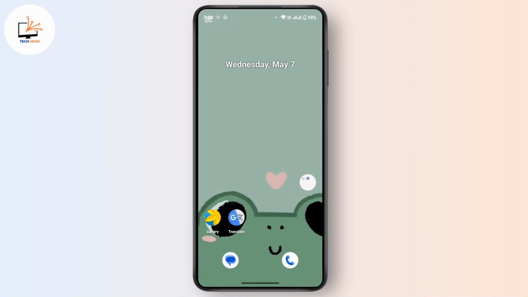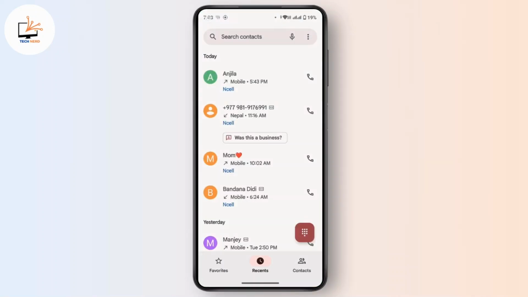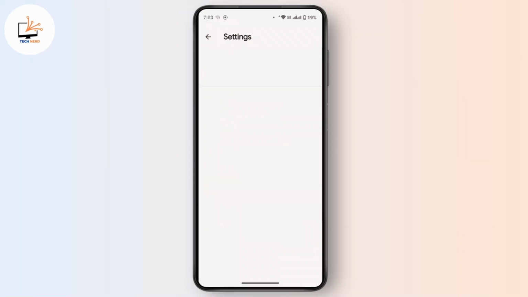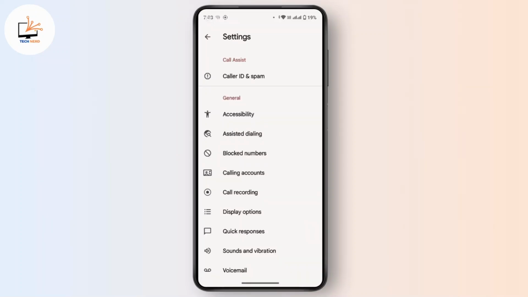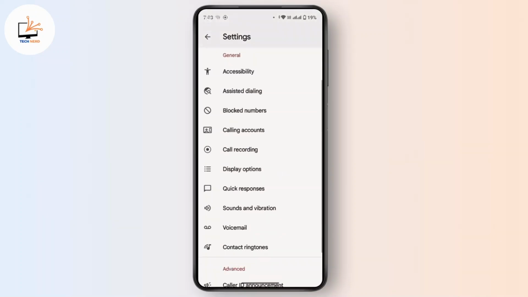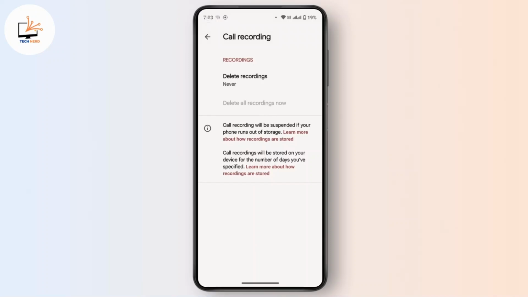So in that case, you have to open up your phone application in the mobile device, navigate to top right corner and tap on the three dot icon and head towards settings. Now once you're on the settings, scroll down and search for an option as call recording, tap on it. Now onto this option, if you could find an option for auto recording, you have to enable the auto recording